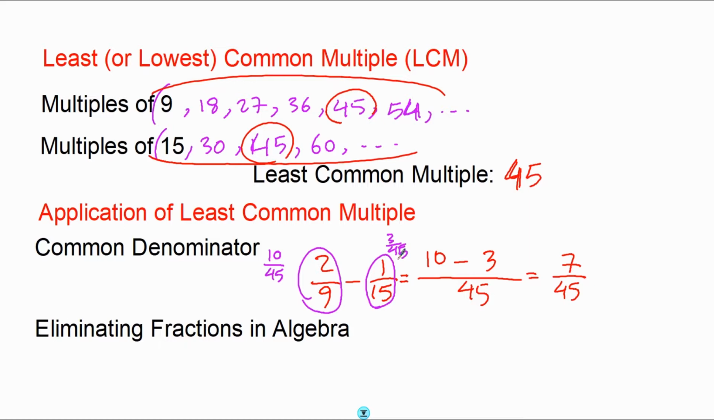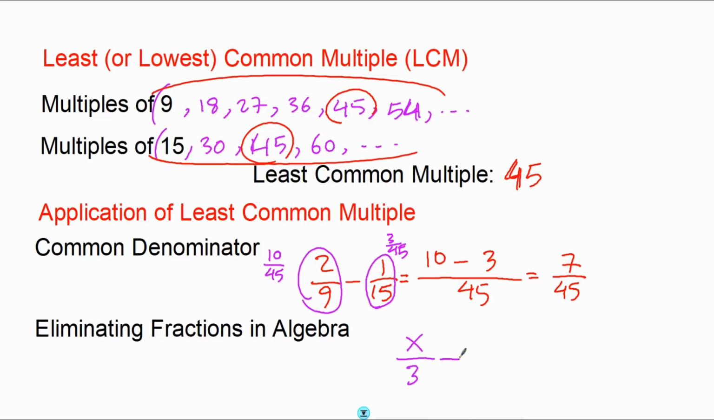So least common multiple, we can find a number that is divisible by both of the numbers that we are looking at to find a common denominator. The other example in here is when we want to eliminate fractions in algebra. And it is still the same thing, but even though it is in the form of letters, the concepts are exactly the same. So if I look at, for example, a question saying solve x divided by 3